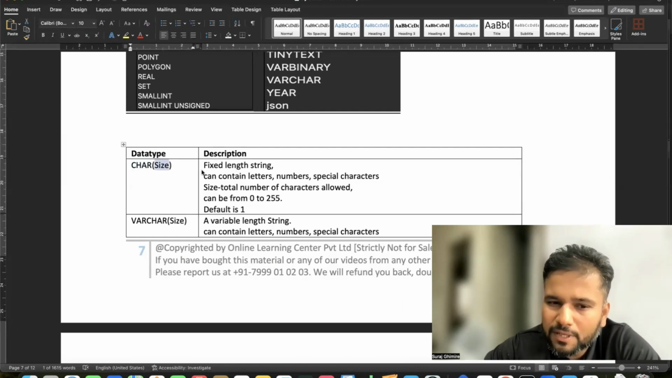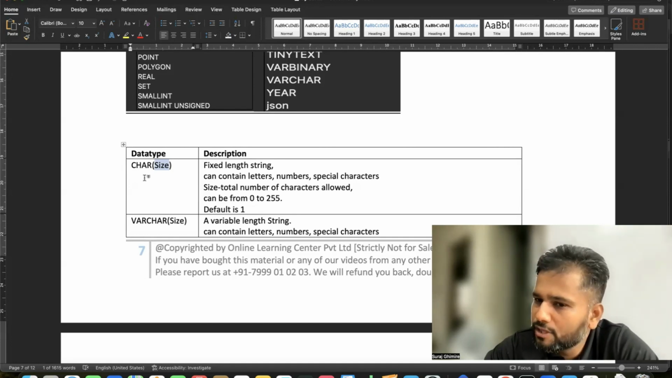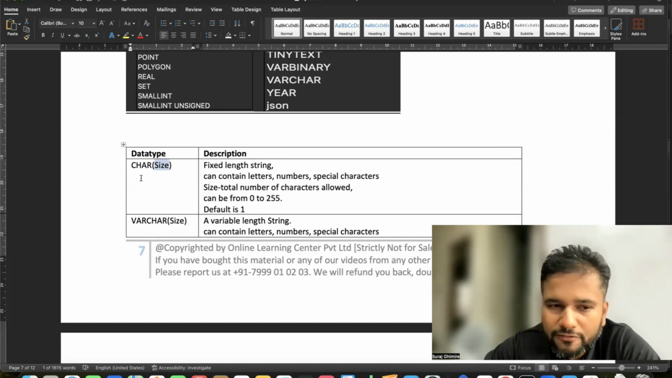For example, if you want to store the Aadhaar number of a user, what is the total number of characters you need? What is the length of an Aadhaar number? 12. Which means you are sure that if you're storing the Aadhaar number of a person, it would be 12. It would not be 11, it would not be 13, right? Neither would it increase in future. It is fixed. So if you want to work with such a data type